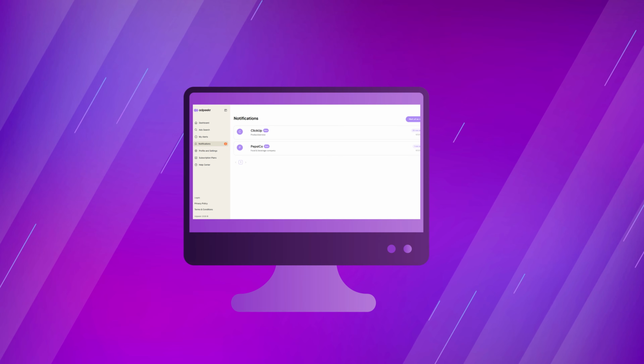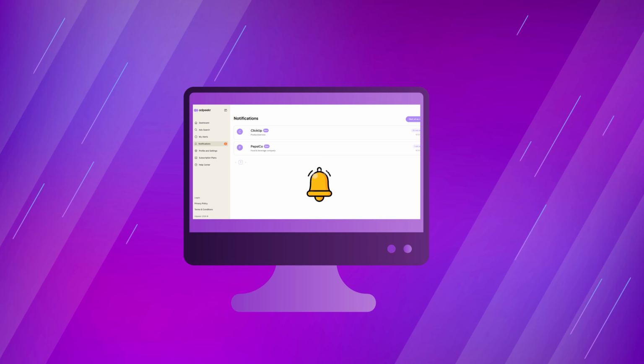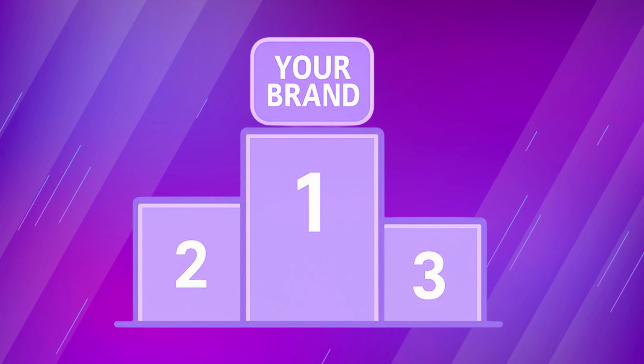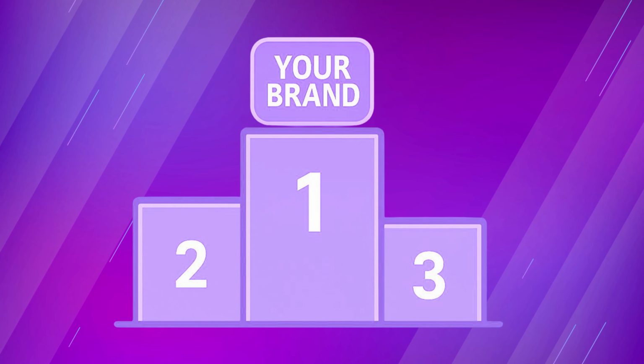And that's it. You've successfully set up an ad alert in AdPeekr. From now on, you'll be notified whenever this brand launches new ads, helping you stay on top of competitor activity and discover new winning ad